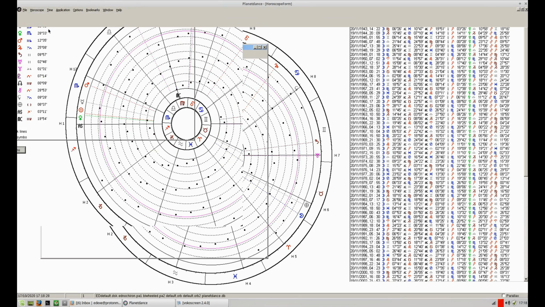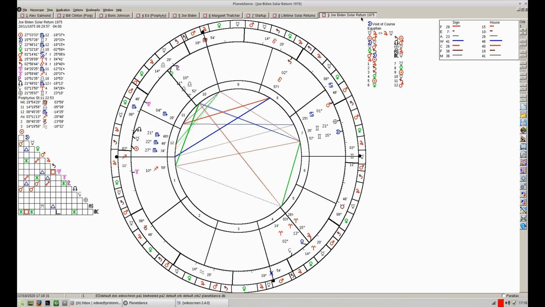Single click on that will bring up Joe Biden's solar return for 75, and you'll see that the MC is 19°54' Virgo, so the angles are precisely returning to their natal degree in this solar return for Biden's birthplace. You can surmise from this that this is a critical year for Biden and likely to be one that's extremely formative for him.